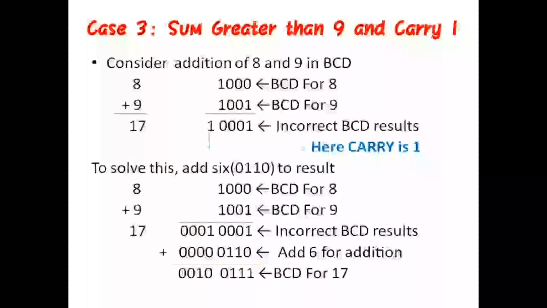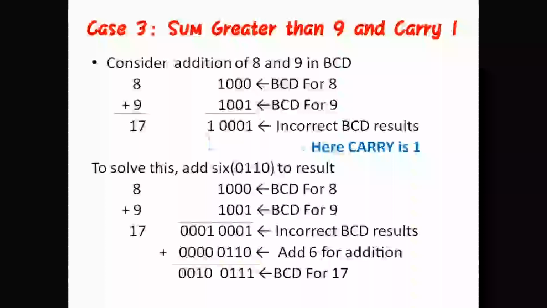If I add these two numbers, I get 0 plus 1. Always start from the left side of addition. Start adding: 0 plus 1 is 1, 0 plus 0 is 0, again 0 plus 0 is 0. 1 plus 1 is nothing but what? It is 0, and the carry is 1. I have shown an arrow mark here: carry is 1.